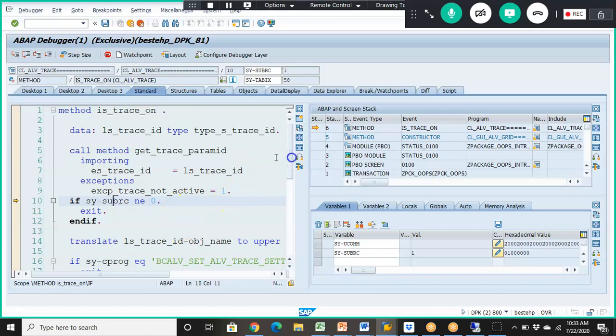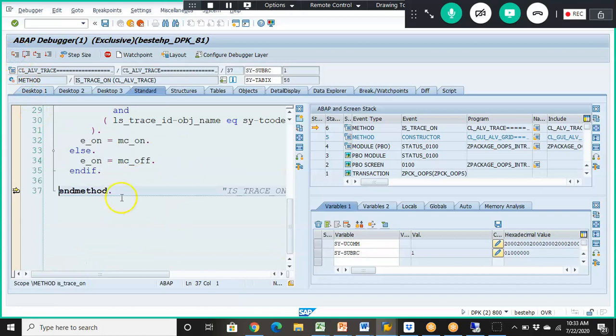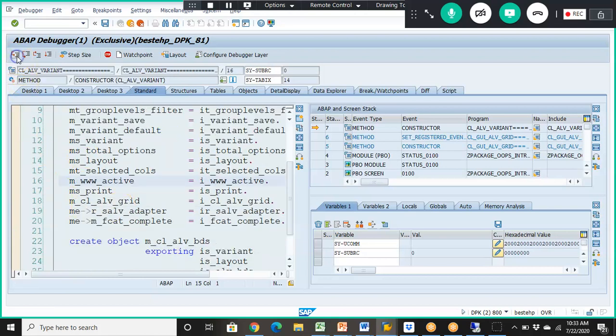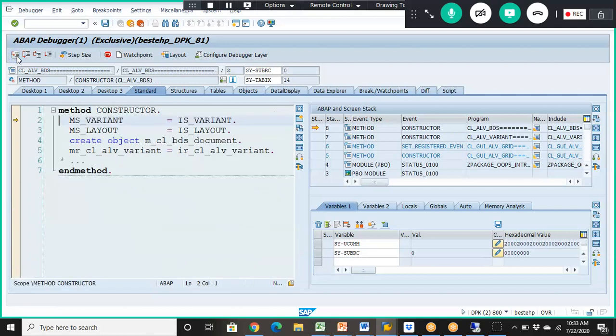Some trace ID is not coming. Now it will raise an error. It just exits from that particular one. Now this is going through all these declarations.